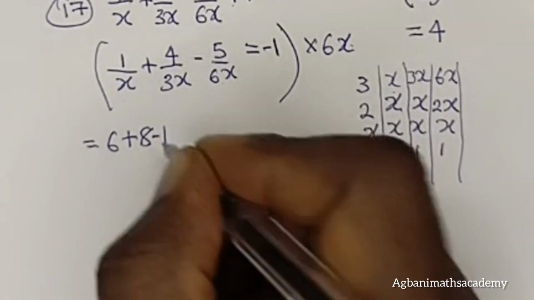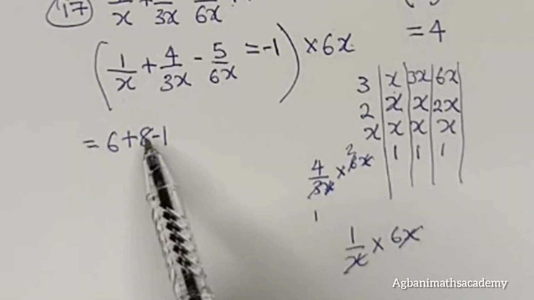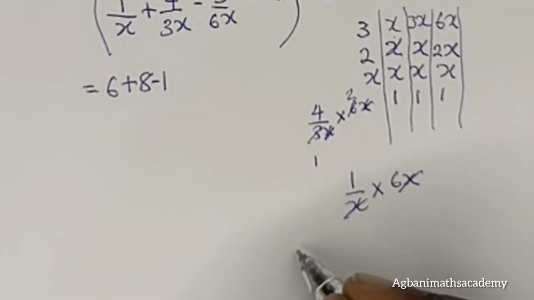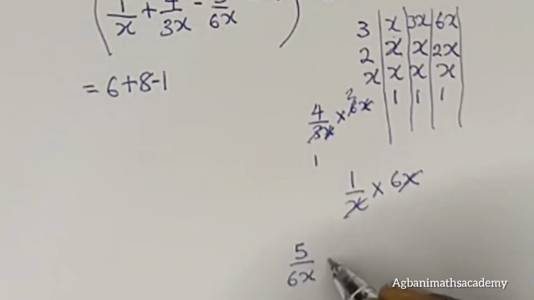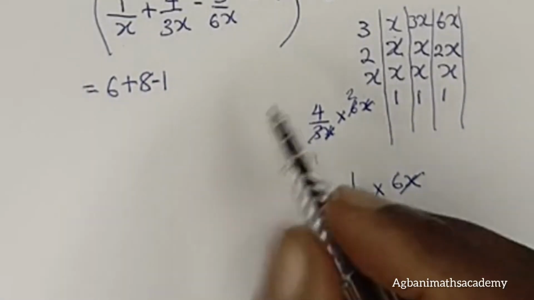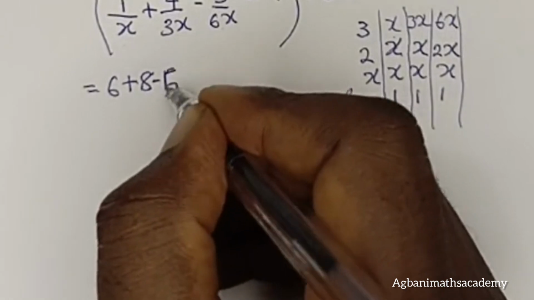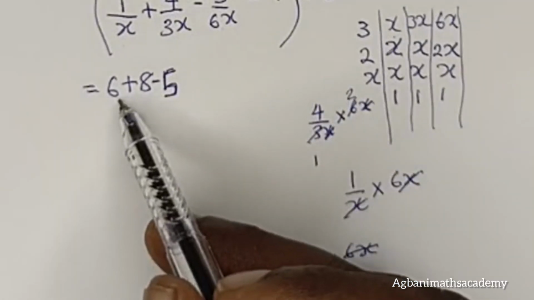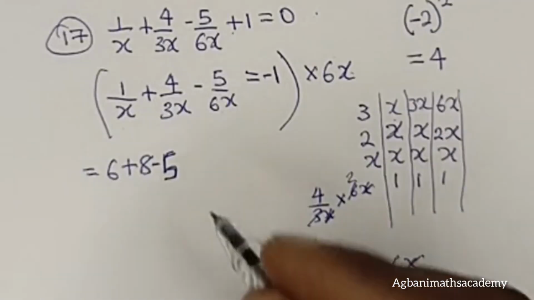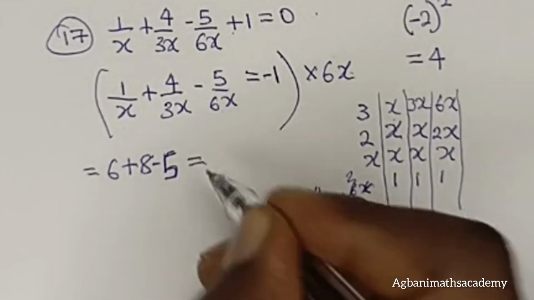Minus, sorry, we have minus 5 all over 6x multiplied by 6x. 6x will cancel out 6x. What we have left is 5. So here will be 5. So we have 6 plus 8 minus 5 is equal to